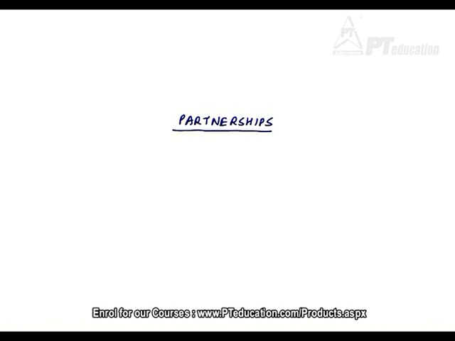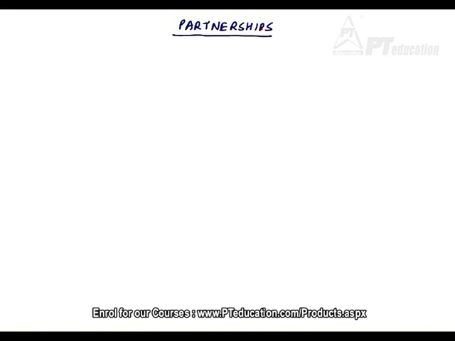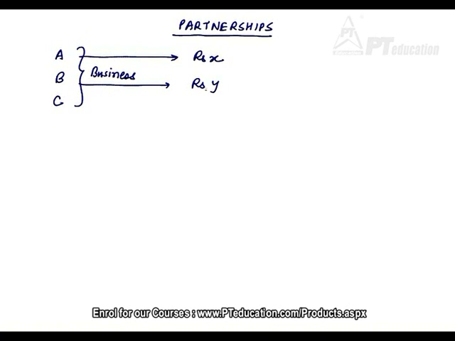Since this topic is directly related to ratio proportion, we have taken it along. Let us assume that three partners A, B and C decide to enter into a partnership together to do a certain business. And in order to do this business, they bring in their own capital. Let us say that A brings in rupees X, B brings in rupees Y, and C brings in rupees Z to run the business. At the end of the year